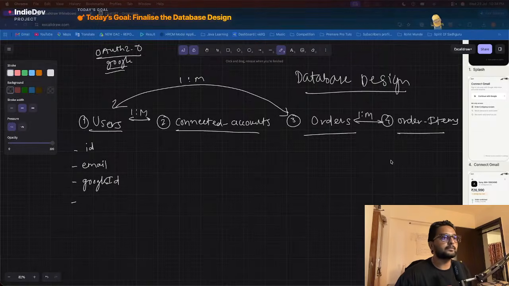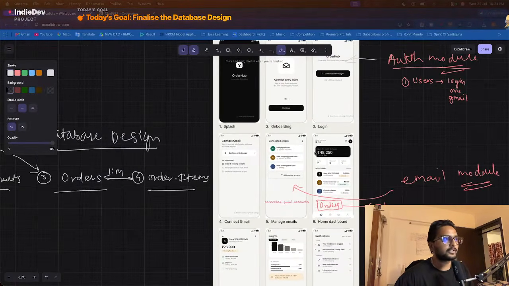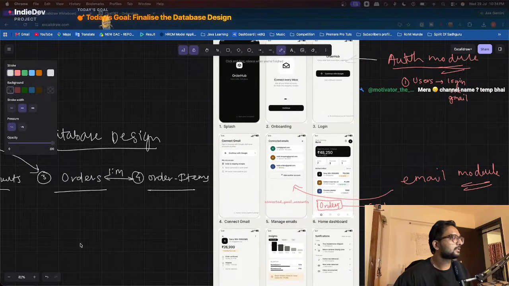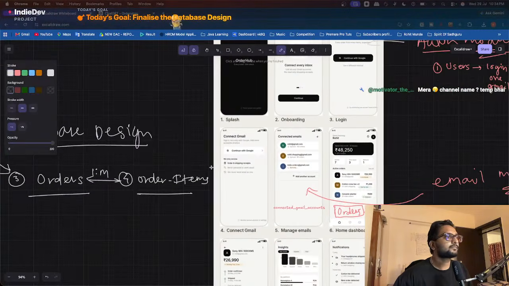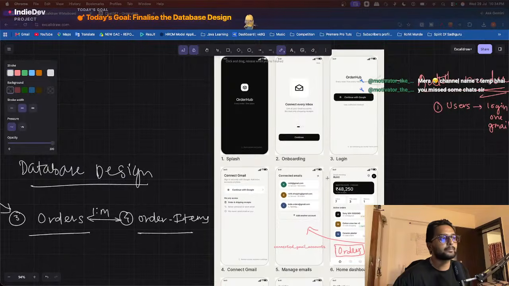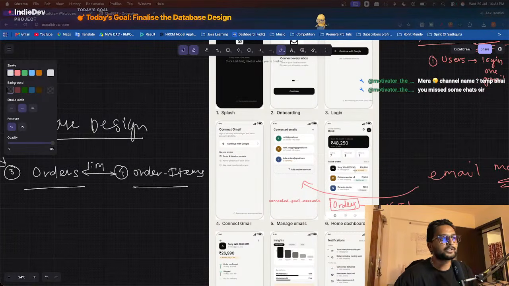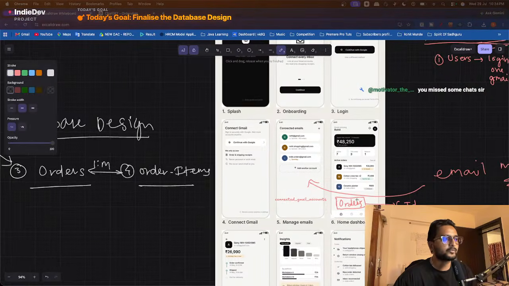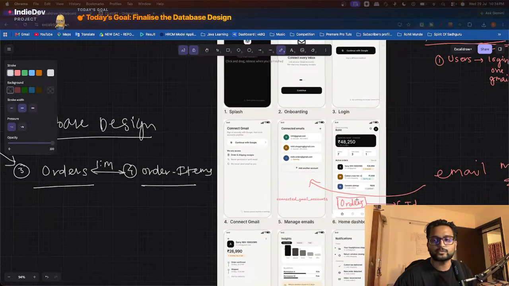So एक बार ये डायग्राम देख लो, मैं तुम्हें एक्सप्लेन करता हूँ क्या बना रहा हूँ, क्योंकि I have progressed in between. Okay, so these are the designs. It is a simple orders app. Just ये समझ लो कि I have to combine all my orders at one place. जहाँ से भी मैं ऑर्डर कर रहा हूँ मेरे को एक ही जगह पे वो सब ऑर्डर्स दिखे, उसका स्टेटस वगैरह सब कुछ।